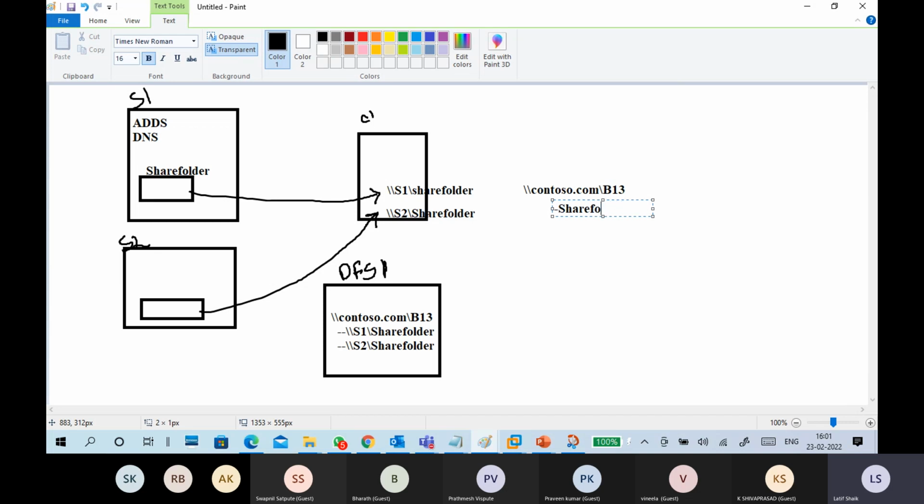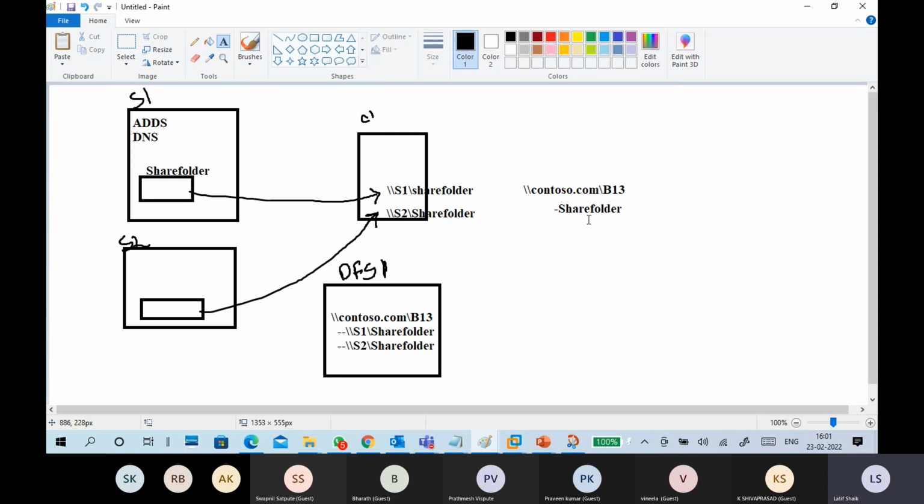Data also appears. So automatically the share folder appears. Okay, so that is a namespace, a single namespace. Okay, next, replication configuration. Replication configuration means we replicate the data from here to here, or you can configure